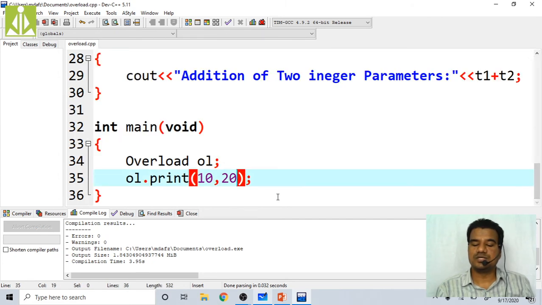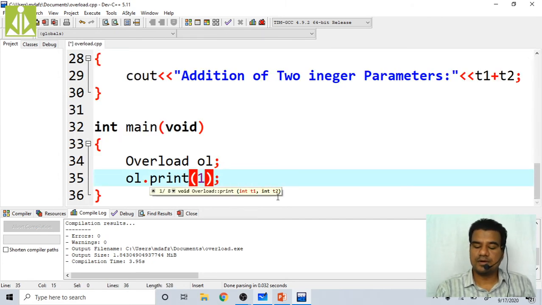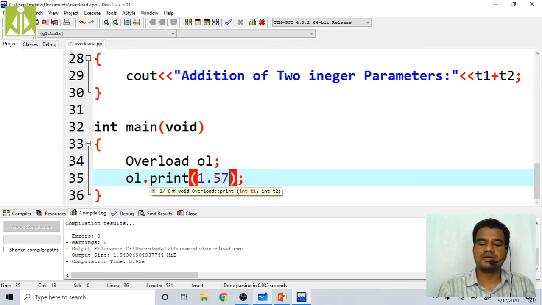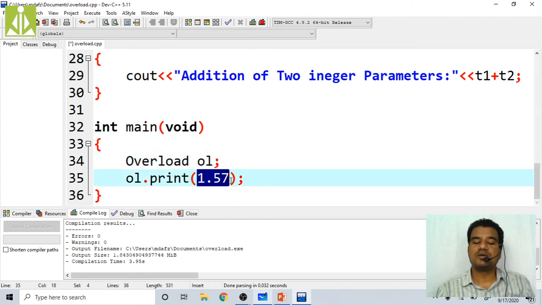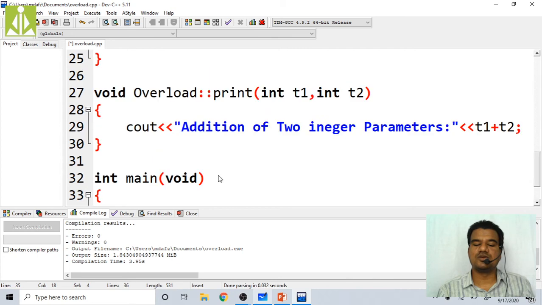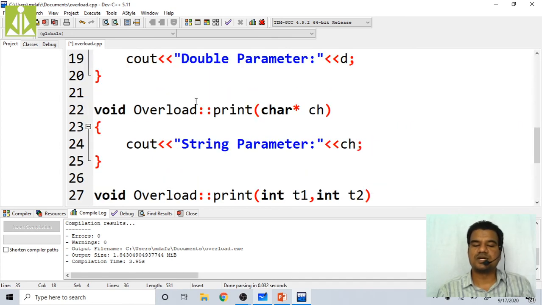If I put some decimal value here, 1.57, it is a value with precision, and this is an example of a default double. So which function definition are we expecting to be invoked? This function definition.